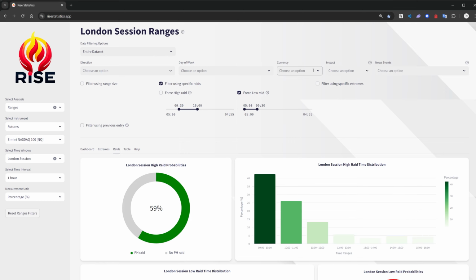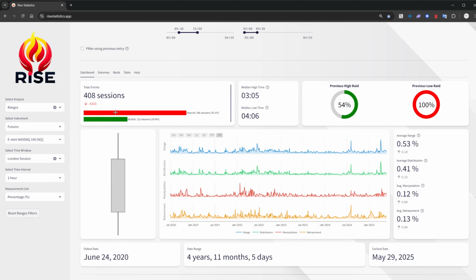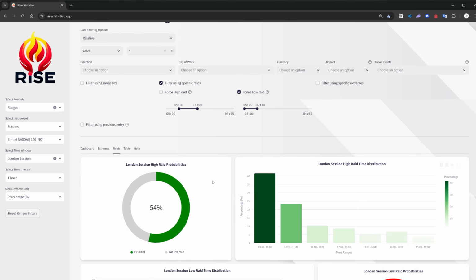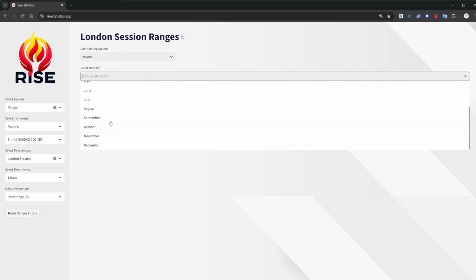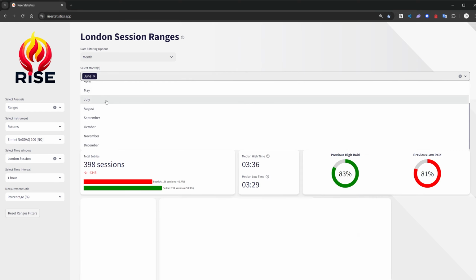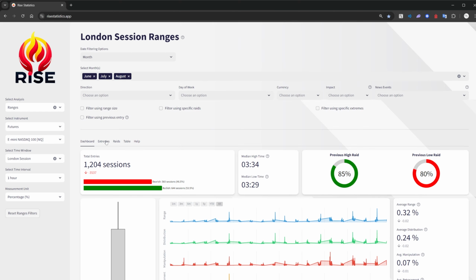What if I don't care about the news and I just want to focus on, I don't know, the last 5 years, right? So as this loads, we can go back to the rates and we say, hey, during the last 5 years, it's a little less of a statistical probability. What if I only want to look during the months of the summer, right? Which is what I'm talking about. So we say June, July, and August, right? I only want to look during these months.